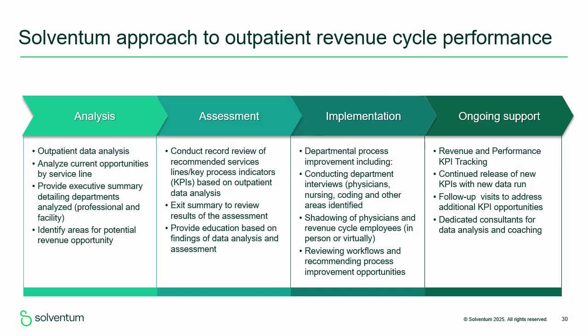Moving into phase 3, this is implementation, our process improvement phase. Think about our medical necessity cases. We had scenarios where diagnoses that should have been coded were not. At the same time, was an ABN completed if this was a failed medical necessity test? Is there a process issue, as mentioned earlier? In this phase, our team assists with finding the root cause through interviews and shadowing, assessing workflows,